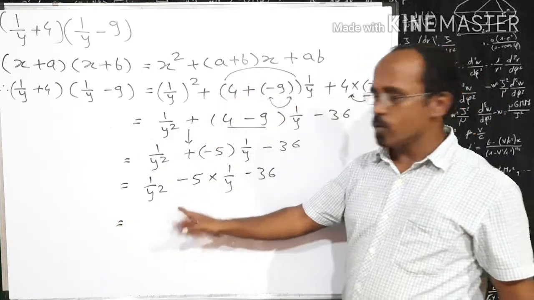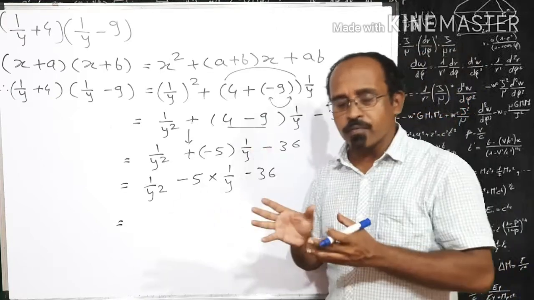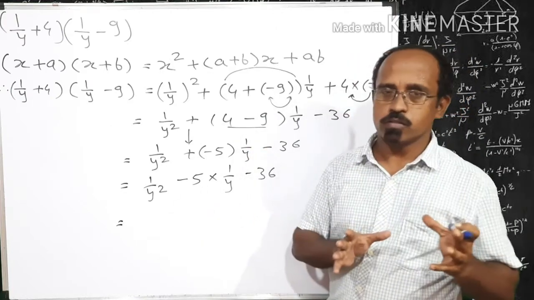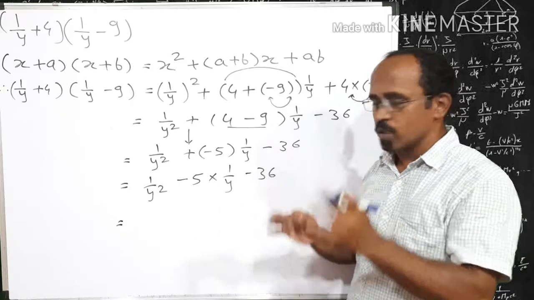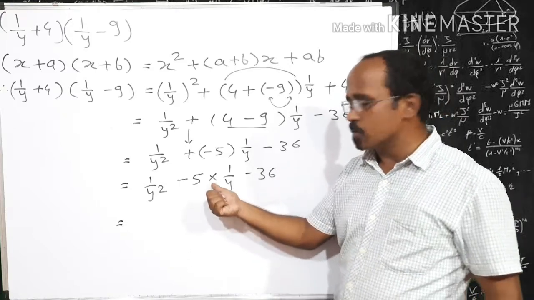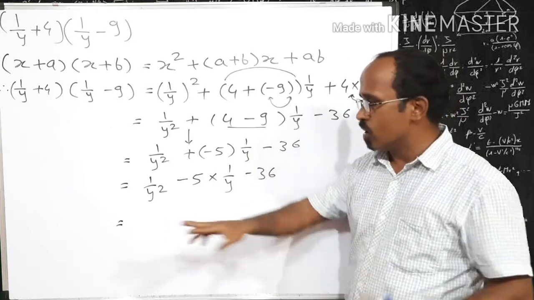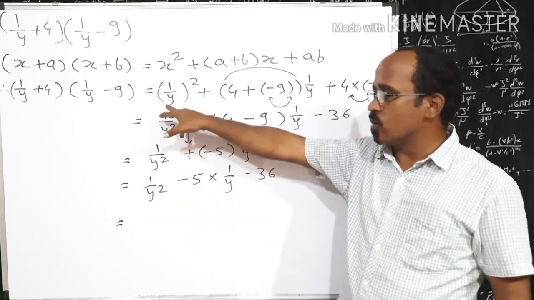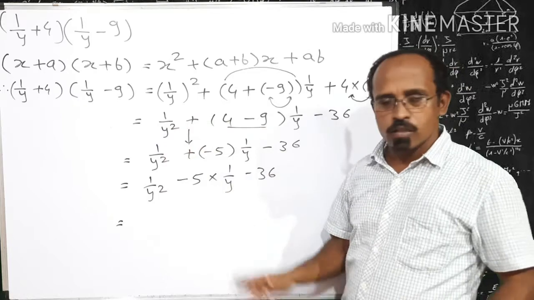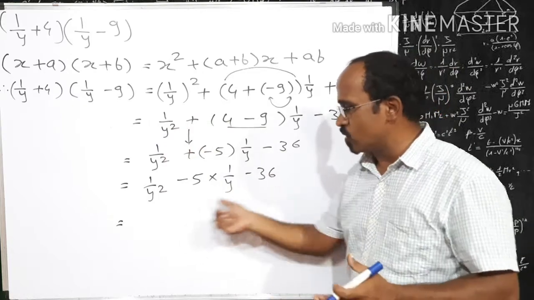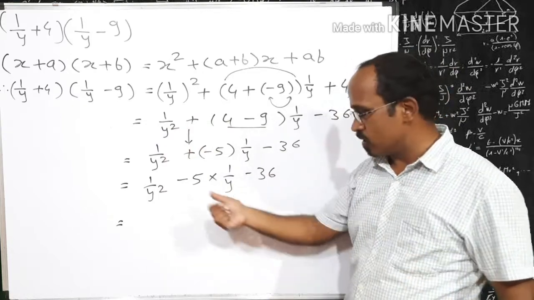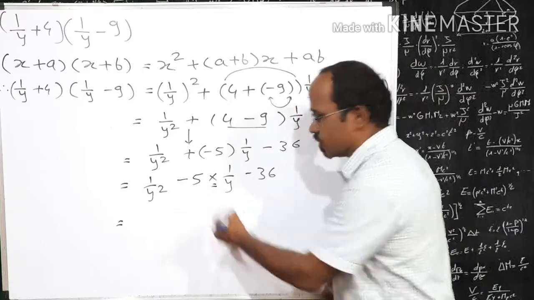Now is it over? All brackets are over. But we have to continue using BODMAS unless and until all terms are solved. So what is the next term? Next, multiplication remains. According to BODMAS, bracket, order, which was already solved while solving the bracket. Then next is division. Division is not here. After that, next is multiplication. So let us solve this multiplication.